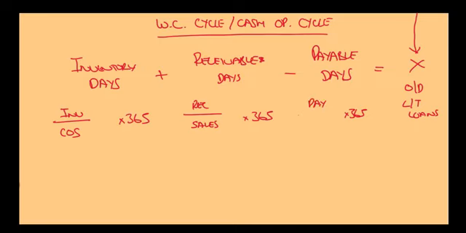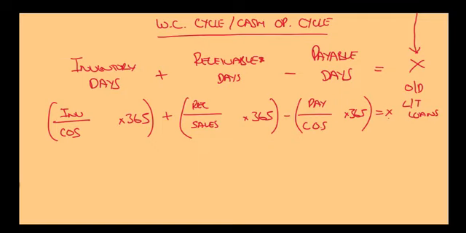And then payable days, take my payables. Where's the opposite side of that on the income statement? Purchases, or credit purchases. Now in this exam, it's easy. We just put it to cost of sales. So what it is, it's that plus that minus that. And that will give you the working capital cycle that will need funding. You can do more questions in the little mini sessions coming up. I'm not worried with questions yet. I'll leave those to you.